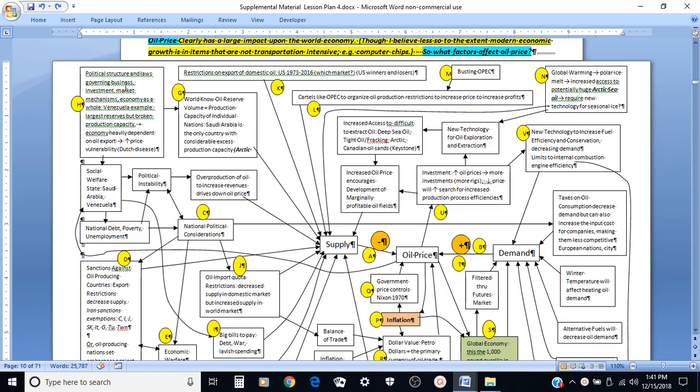All right. Now, it's not just world oil reserves which can affect supply, but also the political structure and laws within the country that govern business, investment, market mechanisms, and the economy as a whole. Venezuela is an example. They have the largest known reserves on land, but they have a broken production capacity. And another factor is